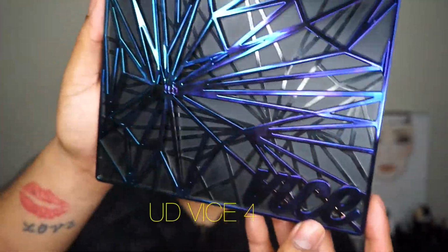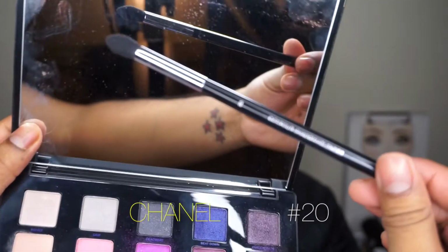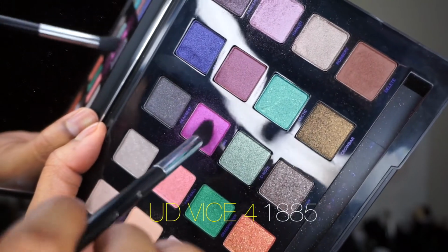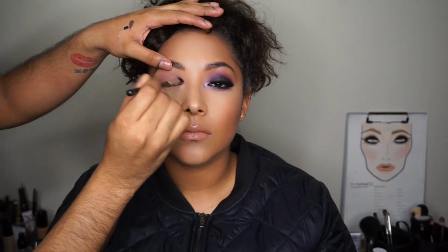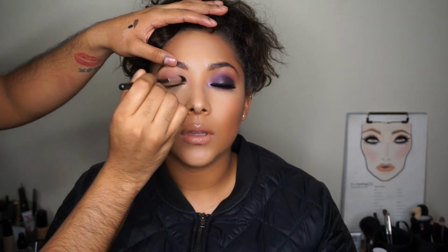Next, I'm going to grab my Vice 4 palette. This is going to be the star of the show. Next, grabbing my Chanel Precision Crease Brush, I'm going to grab the shade 1985 from my Vice 4 palette. Next, with the eye open, you just want to work this into the crease right underneath the other shadow that we used earlier. As you can see, these two colors are blending together seamlessly and they're really creating a beautiful